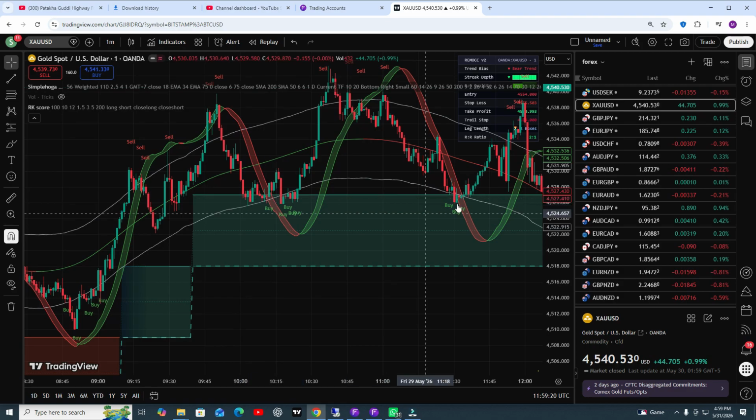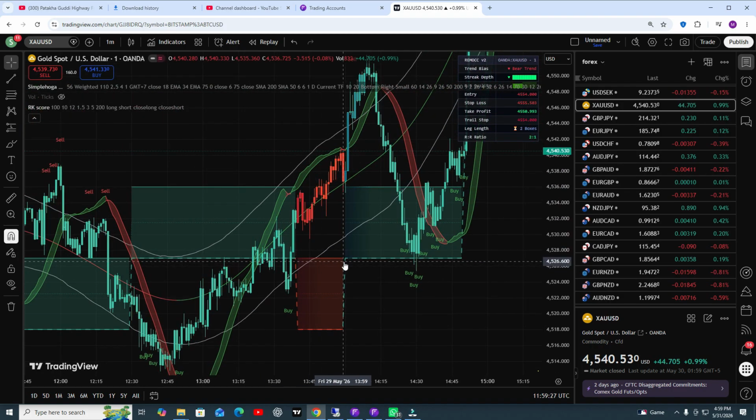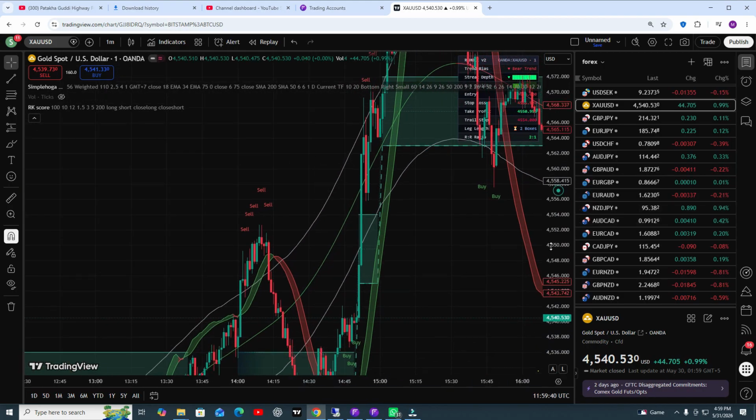Here you can see buy entry. Here you can see buy entry. Here you can see the buy entry. Now we will open the sell position and did not get any buy position, and this is your buy position because the shade is green. So we open our buy position, and this is your open buy position, and then an amazing result.